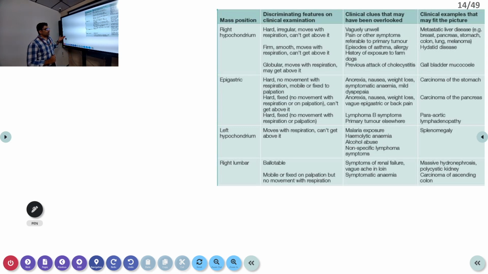We will discuss how they might present clinically. So in the right hypochondrium, that is the first thing. First is the right hypochondrium. What you will see: liver masses. Liver masses are seen, and next is the gallbladder swelling. If the gallbladder is enlarged, that is called gallbladder mucocele. So the liver masses, the most common benign mass will be a, in India, hydatid cyst is also common.